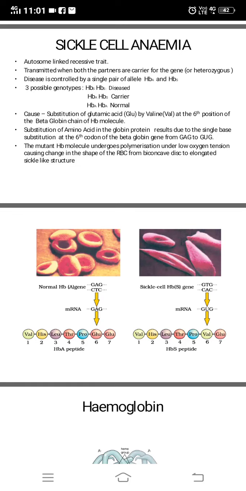Hello students, in the previous class we had seen hemophilia, that is one of the genetic disorders. Let's see the next genetic disorder, that is sickle cell anemia. By the name sickle, you know that is an implement that is used in farming for harvesting. So sickle cell anemia means the cell would be of sickle shape. Now why this happens, we will see that.